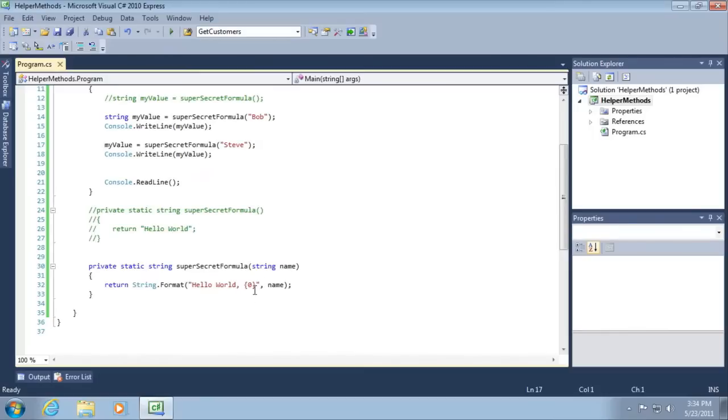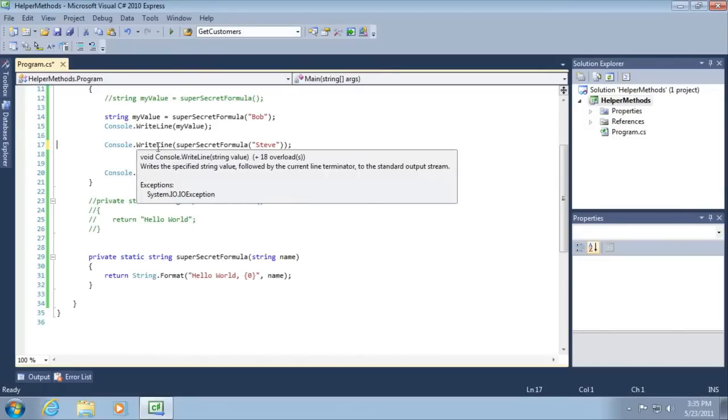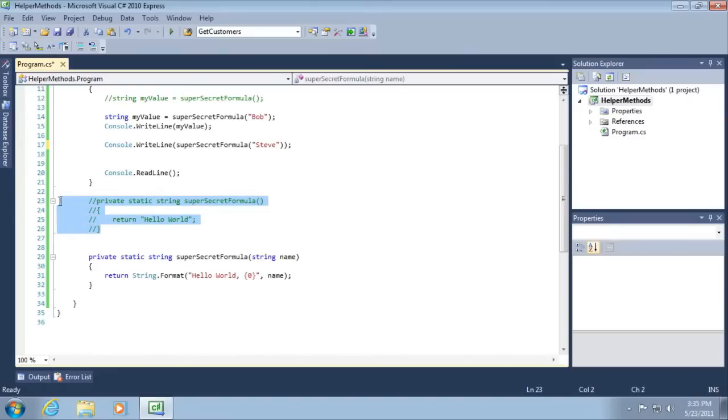So it helps us by formatting our string the way that we need it formatted. Now let's take the line of code here, and I'm going to just cut and paste that and just get rid of my value altogether. So we could write it like this. Again, super secret formula is returning a string, so we can easily embed the result of one method inside of another method. Okay? Furthermore, if I were to select this original version of super secret formula and select uncomment out the selected lines,